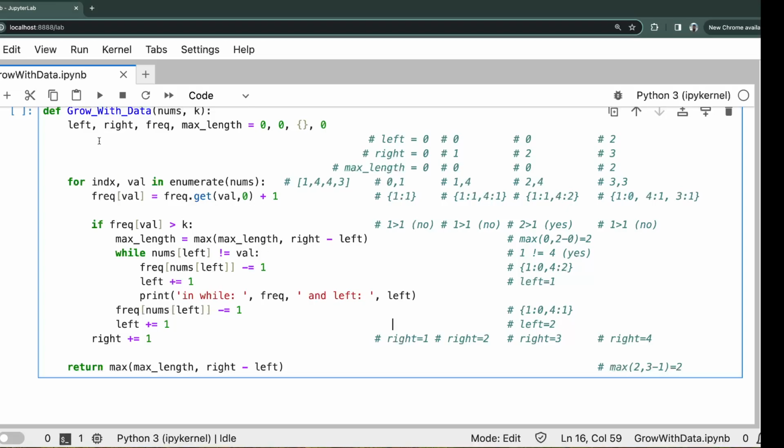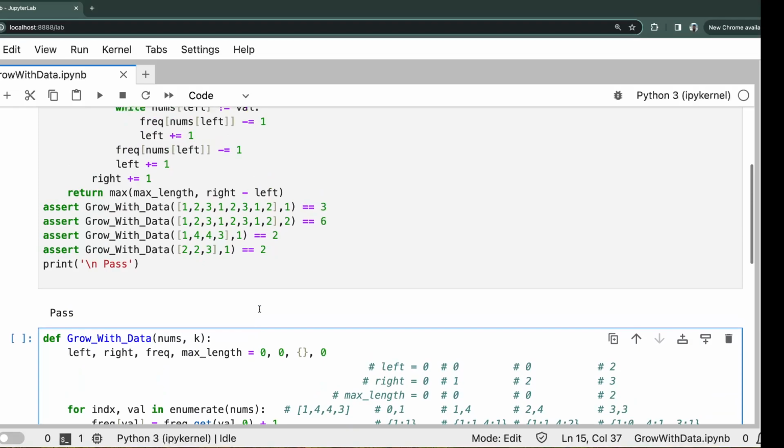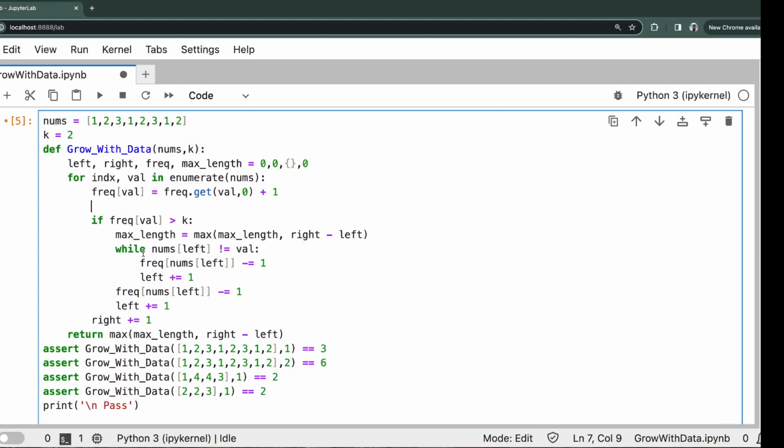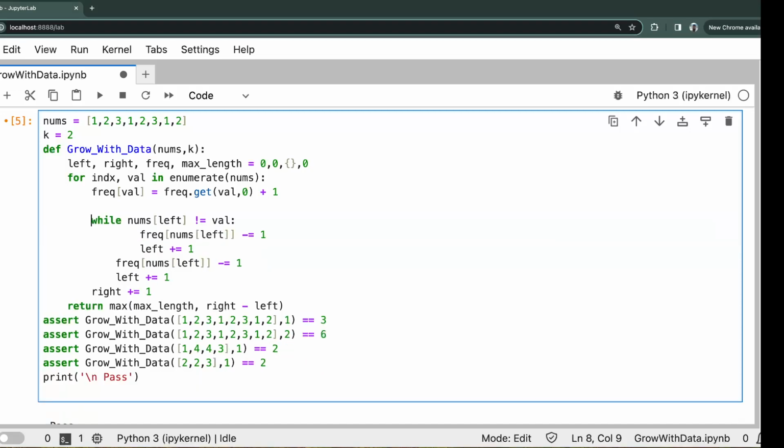So the program looks simple. Only thing is, here we have multiple conditions, right? So is there a way we can clean up this code in a better format? So instead of checking the if condition and then going for the while loop, there is a simpler way to change this code. So instead of doing all this condition, I can just say while the frequency of the val, instead of this,